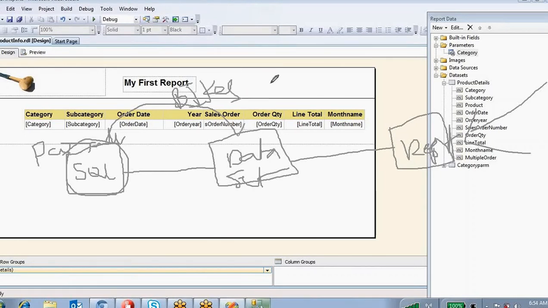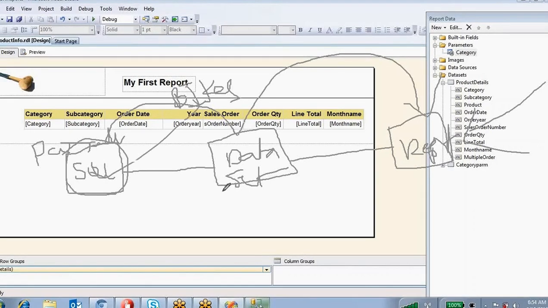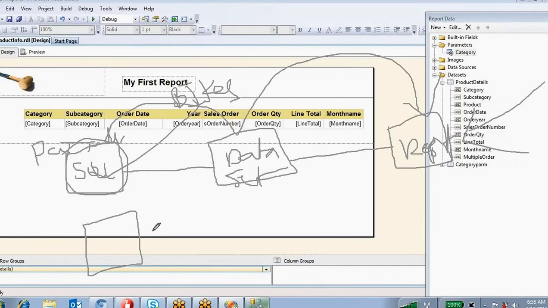Okay, the same data it will display in the report. So the bikes information, it is filtering at the database level. But if you are creating a parameter in the report level, okay, this is the SQL, this is the data set,